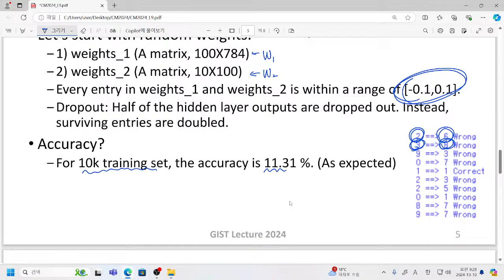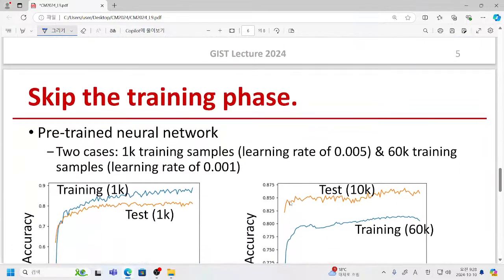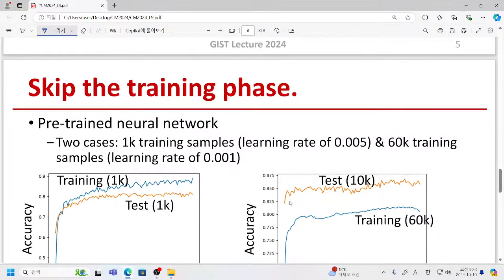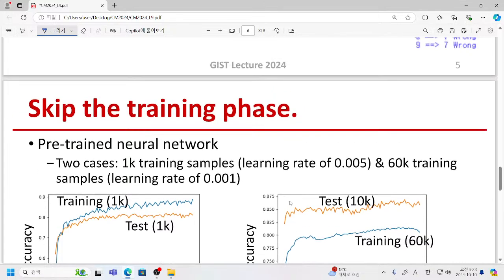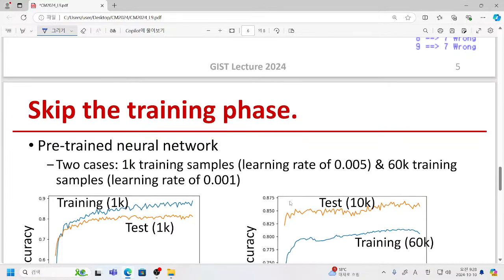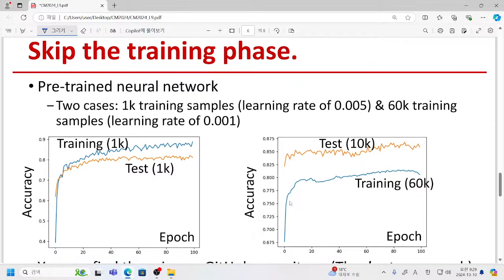So as expected, it performs quite often. Okay, so today we will not talk about details about the training phase. I will just come back after I have finished announcing today's homework. Then I will try to explain a little bit more about the training phase. But just to skip the training phase, I will give you the pre-trained